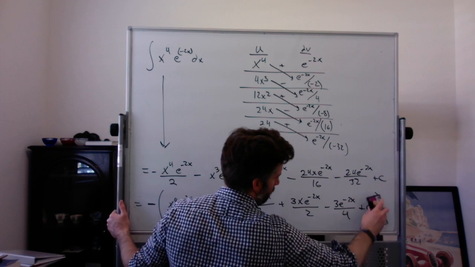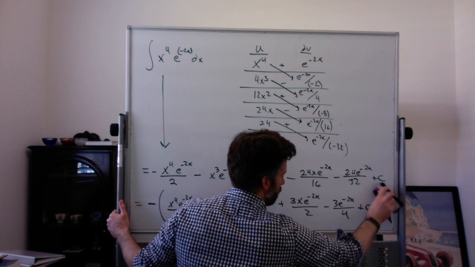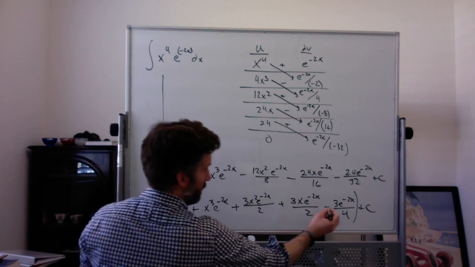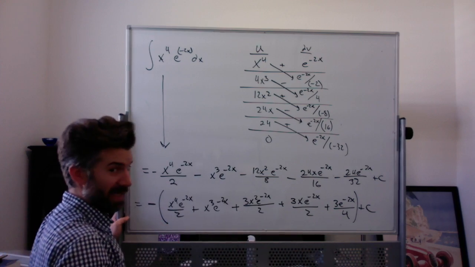We don't need the parentheses around the plus C. Inside has to be a plus, because again, I factored out the minus sign to make it easier. I don't think it actually made it